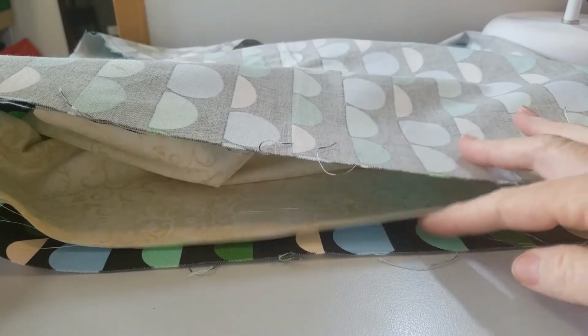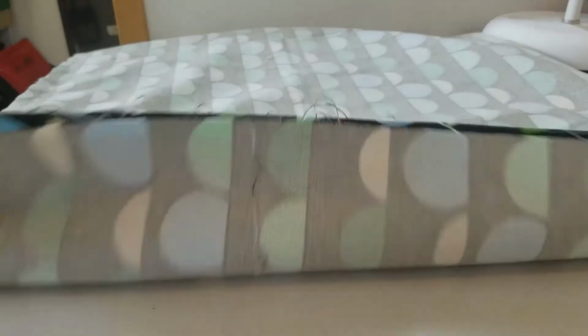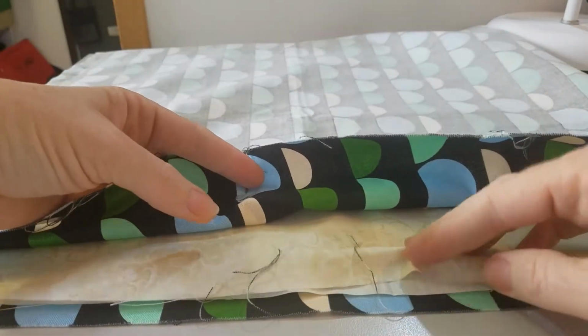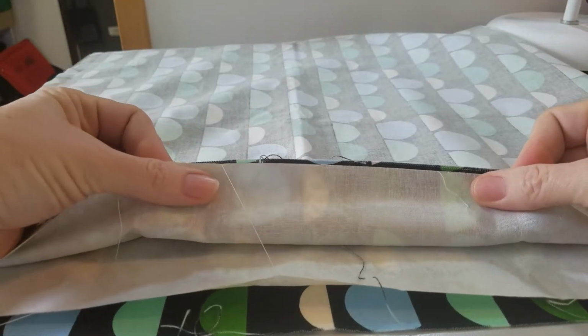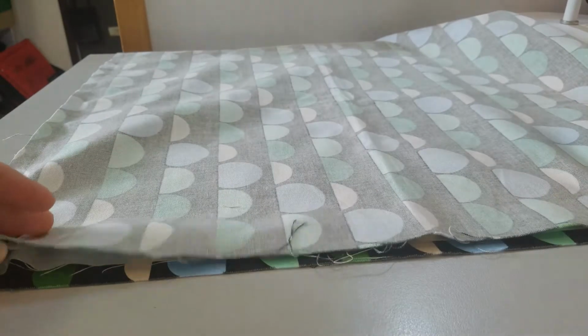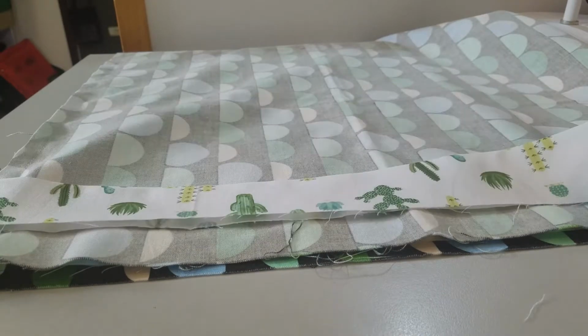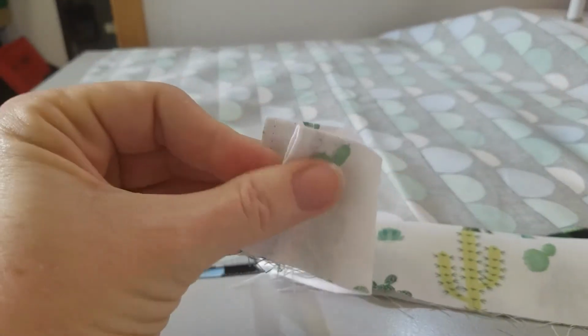You may find it easier at this point, now that it's mostly inside, to lift it off the table and give it a shake elsewhere. Okay, so my lining fabric, this is the right side, is matching the right side of my outer fabric. Now take your channel fabric and fold it in half lengthways. What we want to do is find, so we're matching this end